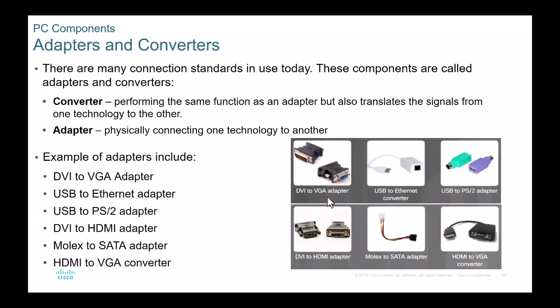There are converters. You guys have probably seen these before. As a Mac user, unfortunately, we have to dongle everything because Steve Jobs didn't like buttons and didn't like ports. So we have to carry dongles everywhere. When I say dongle, a dongle is something that takes one port and will either give you a bunch of different ports or more of the same port.